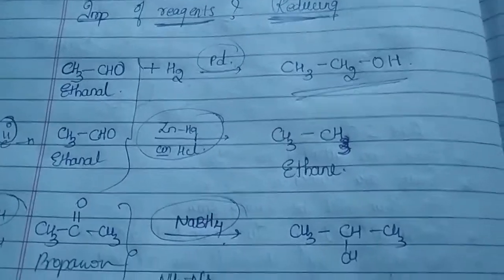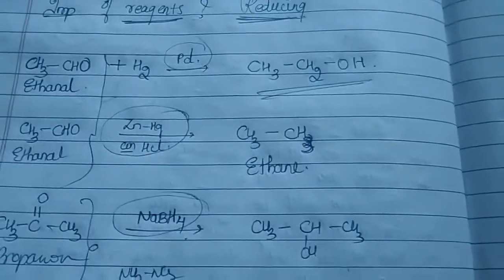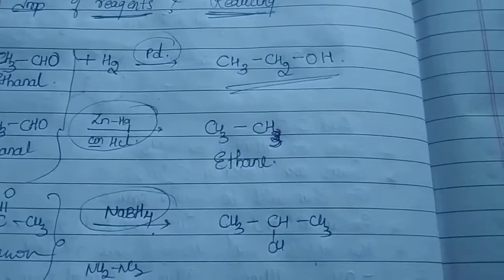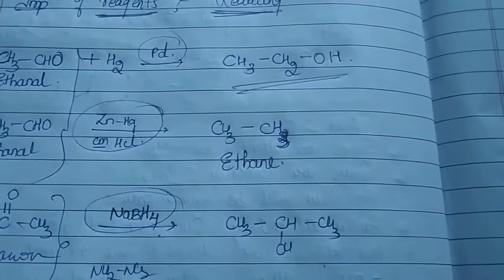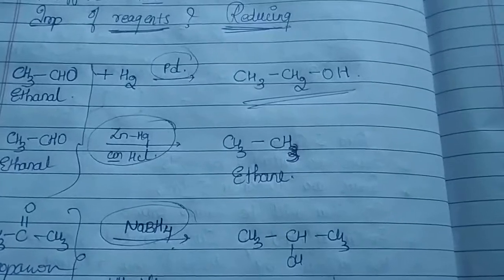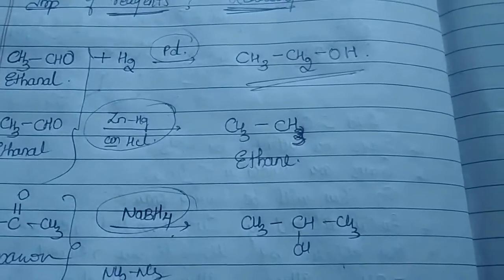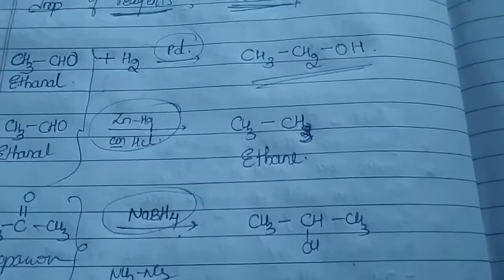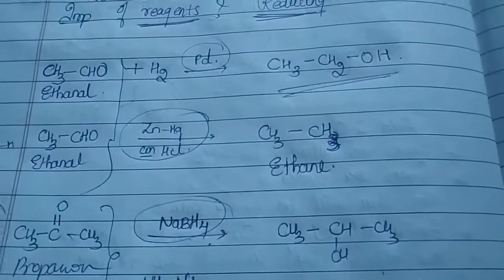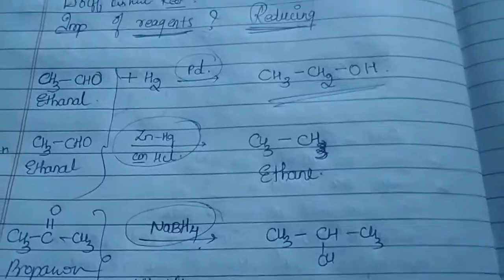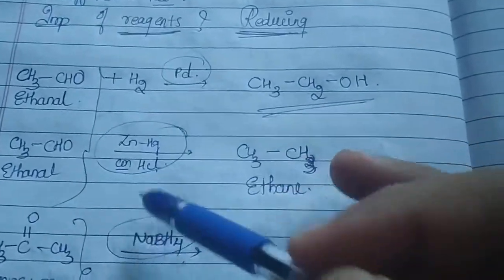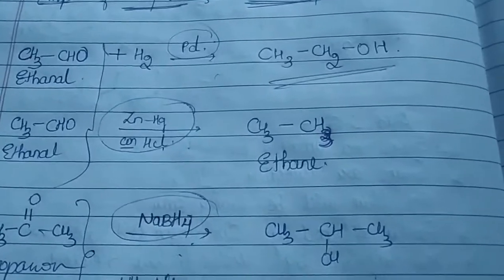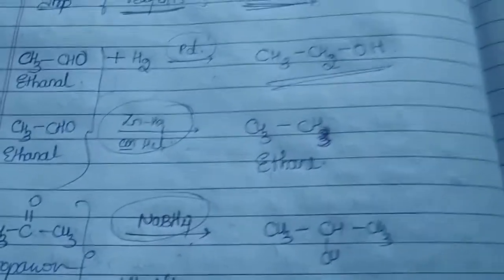Okay, but in today's concept we have come to know that we are reducing the carbonyl compounds to hydrocarbons. I repeat, don't get confused. We are reducing the carbonyl compounds to hydrocarbons, whereas in alcohols, we have seen the same carbonyl compounds were reduced to alcohols. And what is the major difference over there? Only with respect to their reagents. So utmost care has to be taken. You cannot say blindly, the carbonyl compound gets reduced.